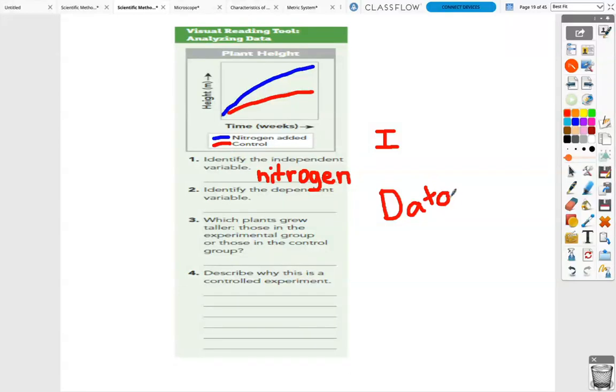These are the measurements that you take when you are doing a lab, when you're doing an experiment. So here our dependent variable is the height. How high or how tall did these plants grow? And that's our dependent variable. That is the data that we measured. Every day we would come along for weeks in this case, and we would measure these plants and then we put it in a graph to show that the nitrogen added plant did grow taller than the one with no